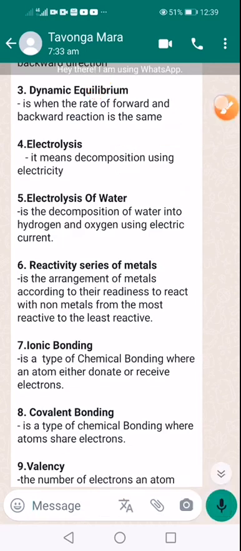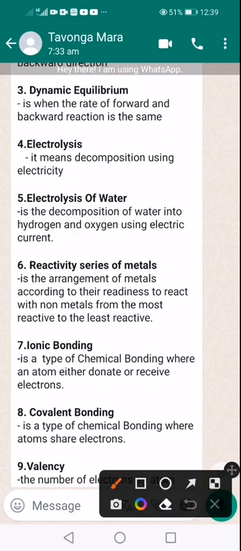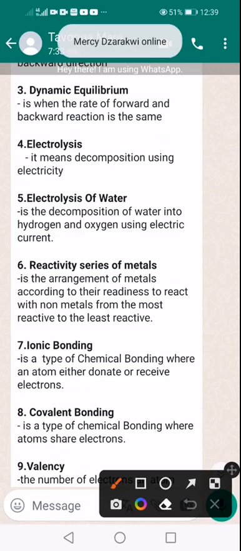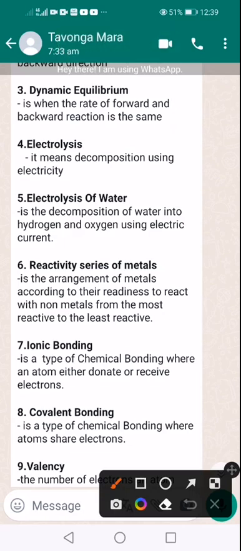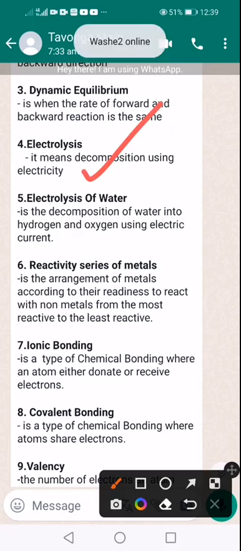Okay? Then there is what you call electrolysis. The term electrolysis means breakdown or decomposition by means of electricity, or using electric current. That is the meaning of the word electrolysis. Zinongoreva breaking down tichishandisa magetsi. So when we are talking about